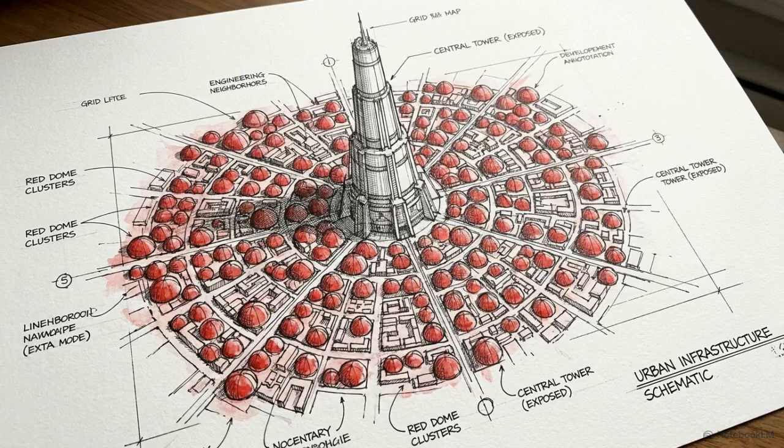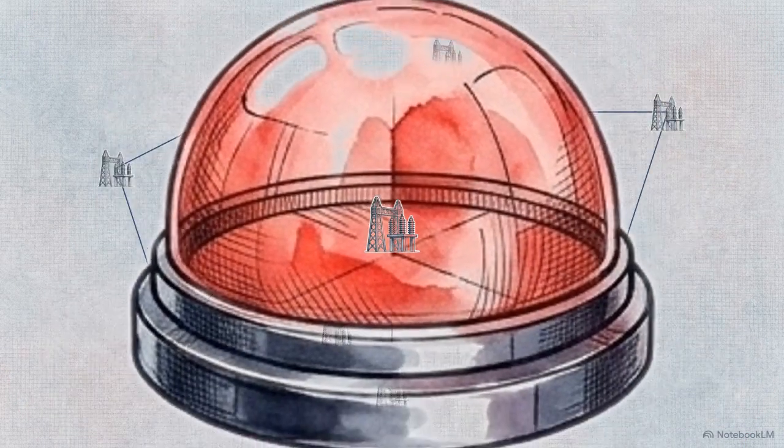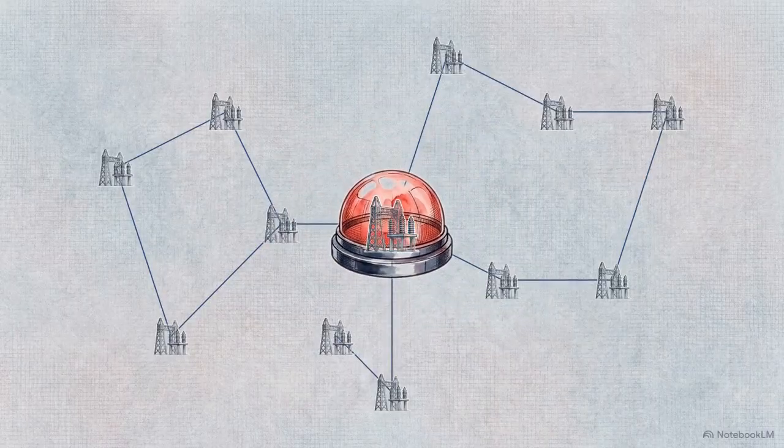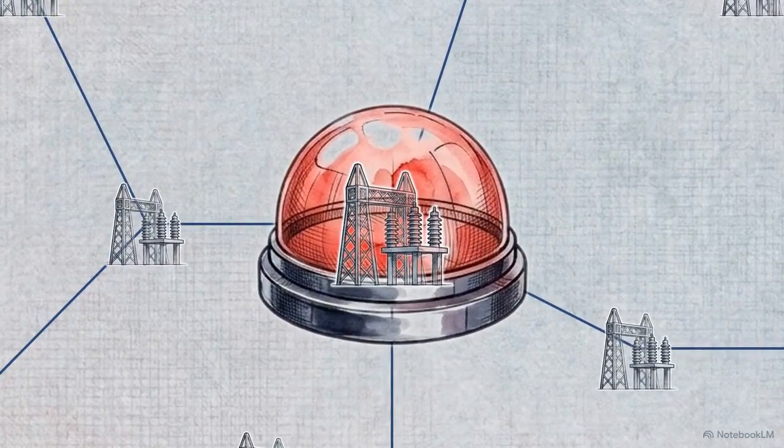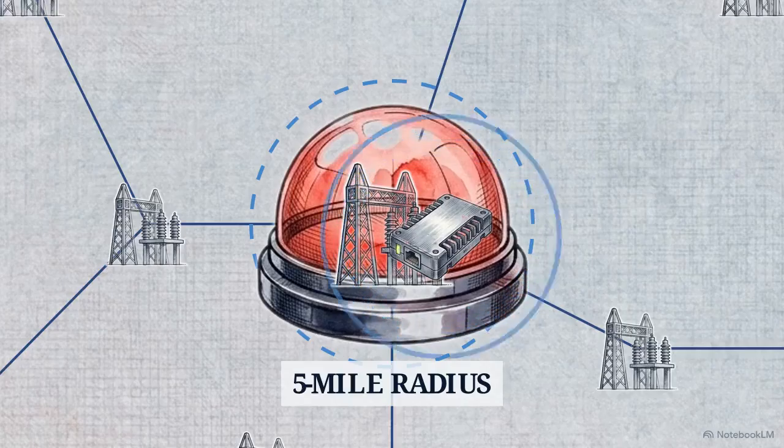The solution is the reversal of Layer 2, which changes the location of the security perimeter. We eliminate the central firewall. Instead, the security perimeter shrinks down, wrapping tightly around a 5-mile radius on the substation map. An authorized local processor is then anchored directly to the substation node, moving the computational power to the very edge